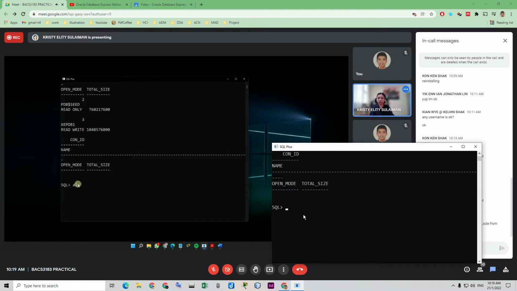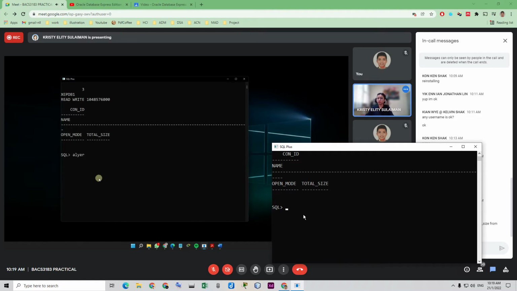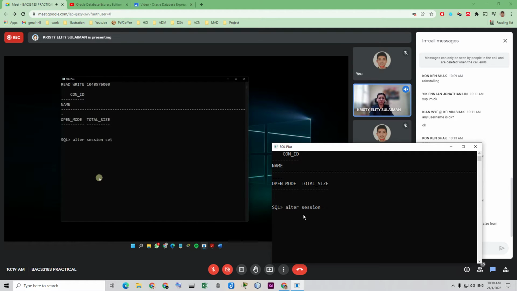So let's type in alter session set container XEPDB1 semicolon. You don't have to worry if you don't understand this, because later on this is just to explore, not setting up anything.